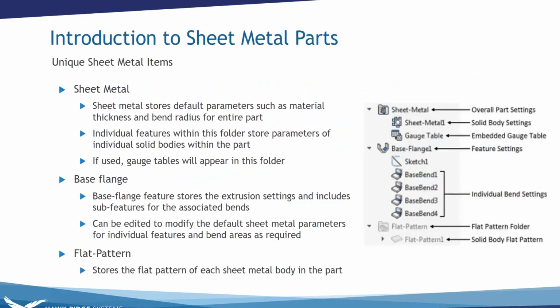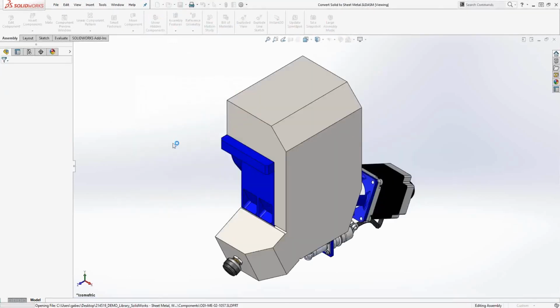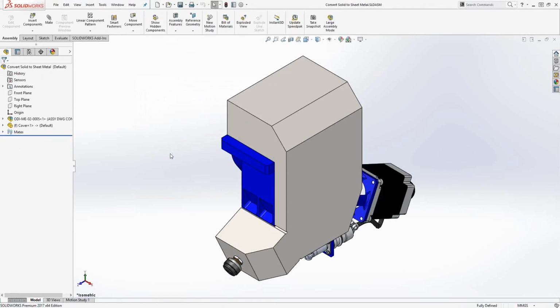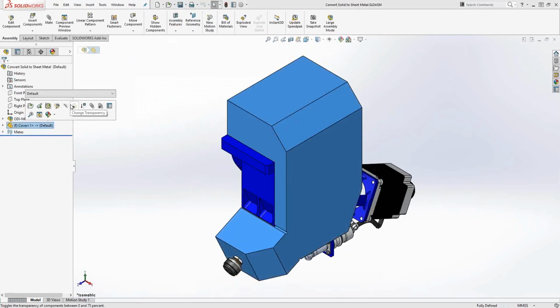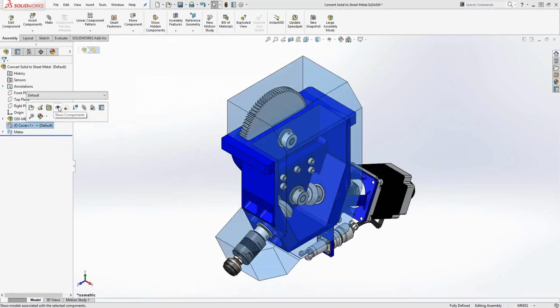The convert to sheet metal, right? So we'll talk about the convert to sheet metal, how that works in SOLIDWORKS. So if I open up an assembly here, I'll just cover this very briefly. This is very easy to do when you're trying to create some complex sheet metal enclosures or covers or guards for some assemblies here. If I go ahead and just hide this component, we have this assembly we want to create a sheet metal cover for, right? So what you can do is create